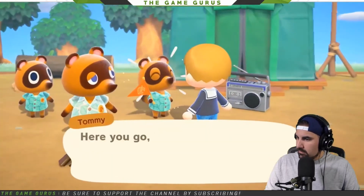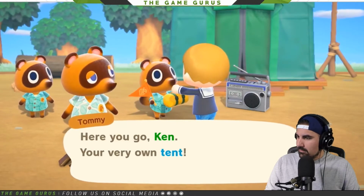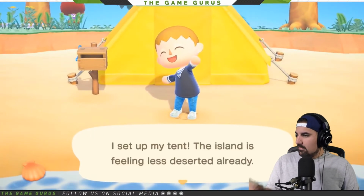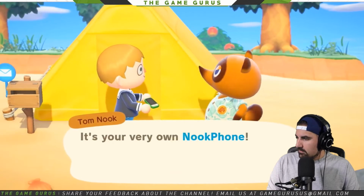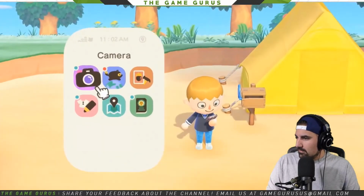For starters, we'll provide you with a tent. Please select the spot where you'd like it set up. Oh, and there's something else. We'd like to offer you an original Nook Inc. Nook phone. It comes pre-installed with a variety of apps for all your...